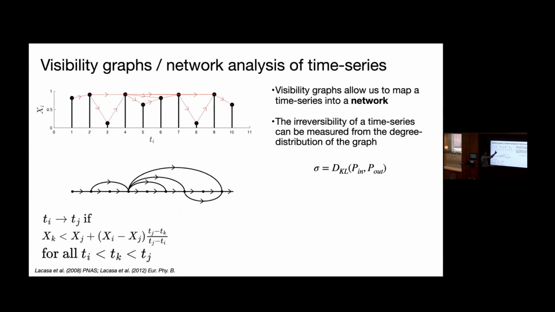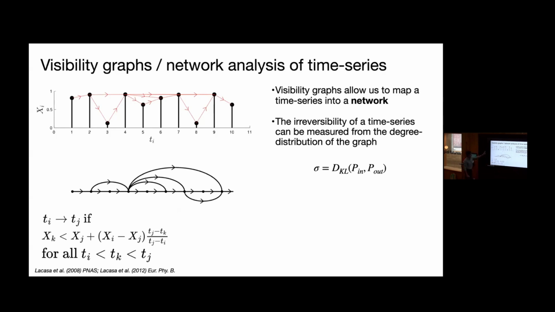So what you do is you turn a time series into a network. The way you do it is based on a convexity criterion, which is called the visibility criterion. I draw an arrow between points if I can draw the arrow without crossing an intermediate point. So I can't draw an arrow between here and here because I've crossed this one, right? It seems a bit artificial, but it comes from computational geometry. You're just trying to see what's visible from what. And this turns into a network. Each point is a time point, and the connections are between ones that are visible.